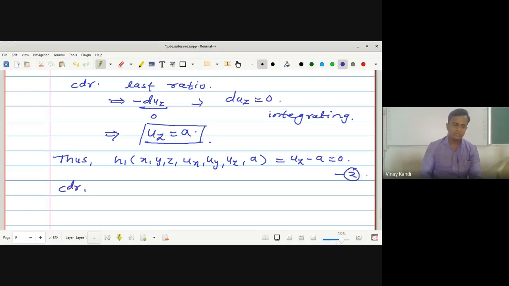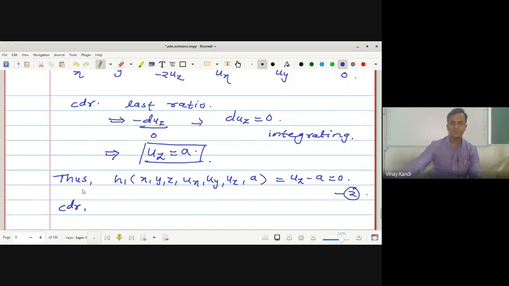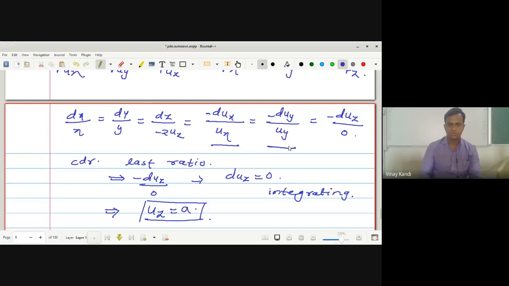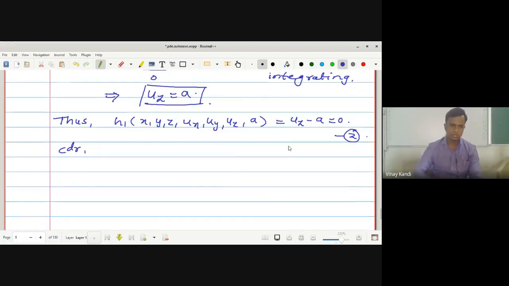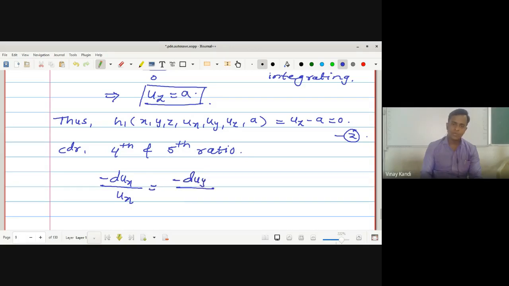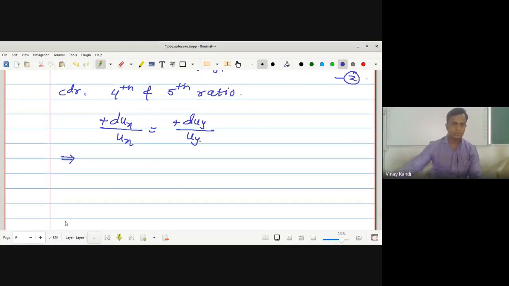Now consider the fourth and fifth ratio, this one. Okay, so here we get fourth and fifth ratio. So here we get minus dux upon ux, which is equal to minus duy upon uy. So here we get plus sign, which implies integrating we get